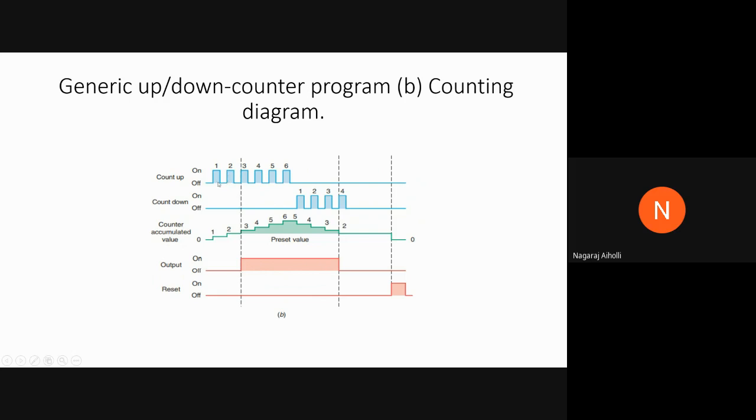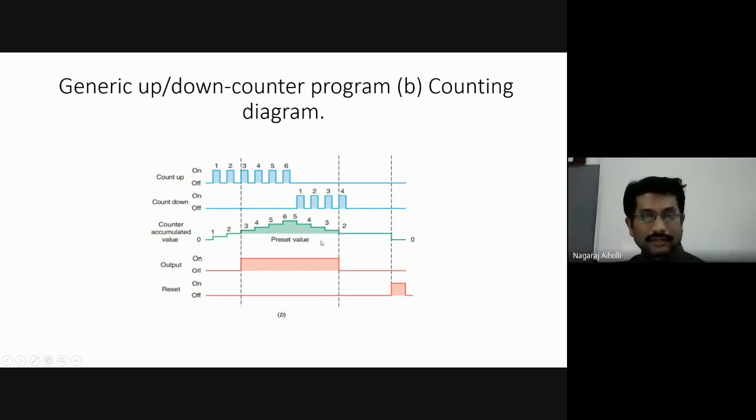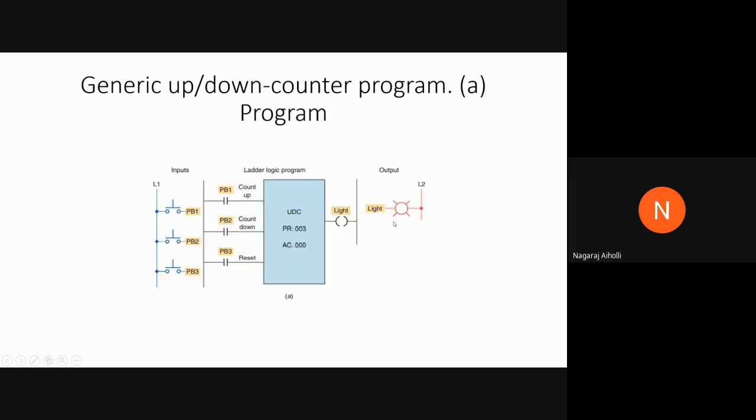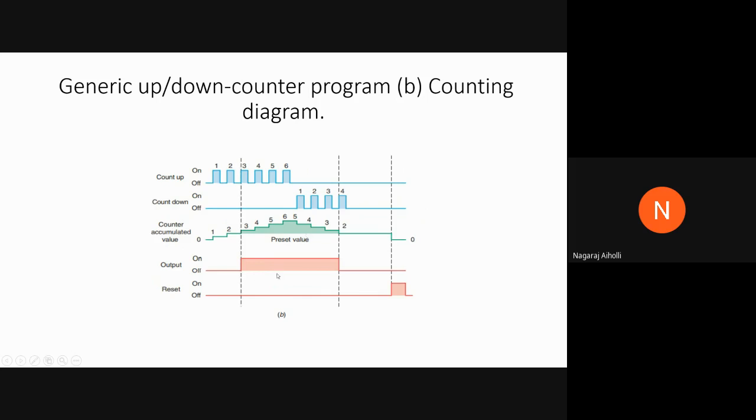After we apply how many pulses? 6 plus 4, 10 pulses. Correct? The output is going from off to on state. Right? And as it goes from off to on state, at the second pulse here, it is getting off. When the output is in on state, that is, the output LED is glowing, the lamp is on when the accumulator value is 3 or more than 3. When it is 6, or 3 or more, it is in on state. When it becomes 2, the lamp will turn off.